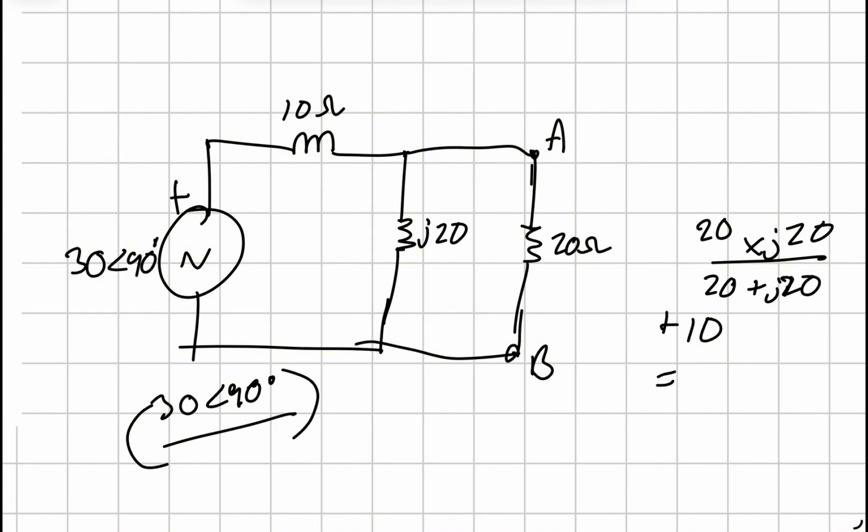The math will come out at like 20 plus 10J, I think. If you don't understand how I got that, those are in parallel, add that. And then, getting ahead of myself, the current will be 20 plus 10J, and that should equal to